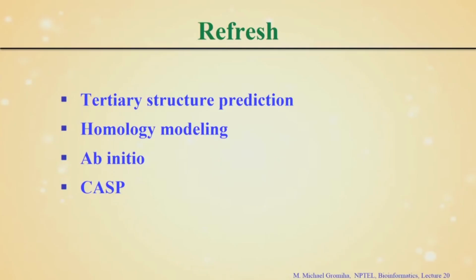because the amino acid sequence contains information regarding the 3D structure. So, we can utilize the information which you can obtain from the sequence to predict the 3D structures. We discussed various methods to predict the 3D structures, and one of the major ones is homology modeling. Homology modeling is based on